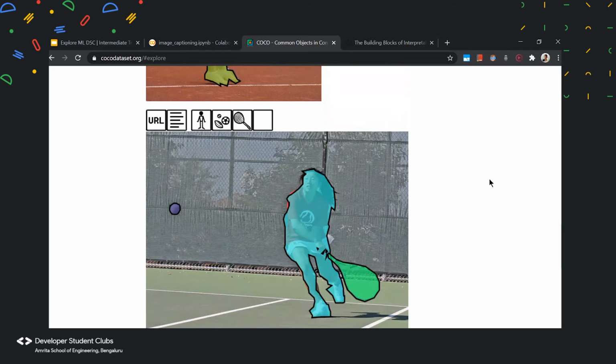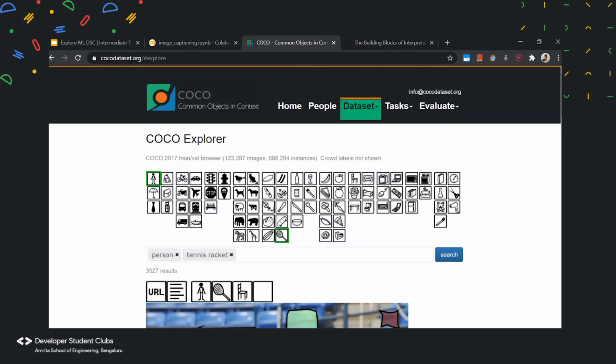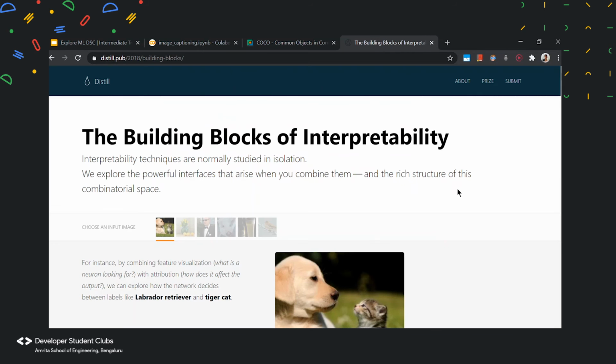Now, the model has focused on certain parts of the image, and ultimately this is what we're feeding into our neural network: the image along with the different captions. So do check out this website, and yeah. Also, another resource that I'd like to introduce you to.